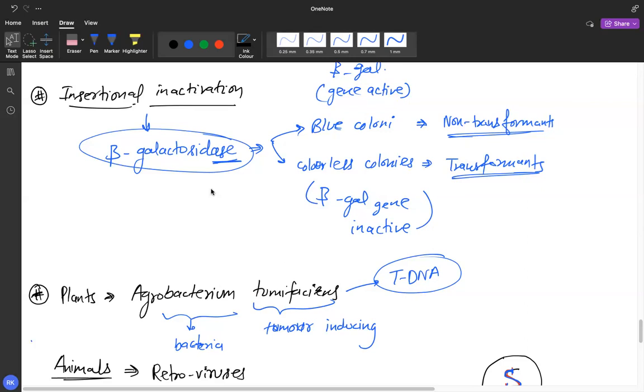Okay, so instead we can use another method where we use the gene for beta galactosidase instead of